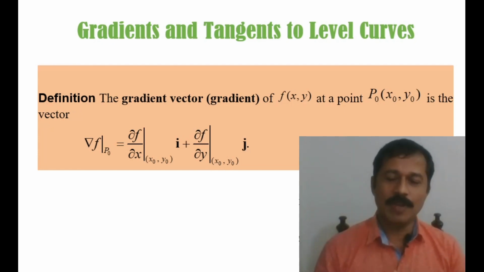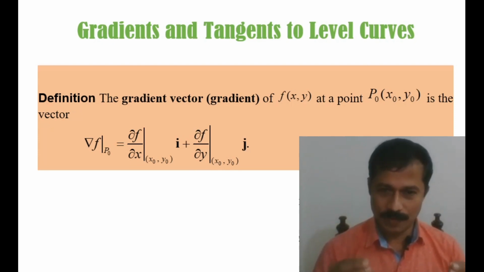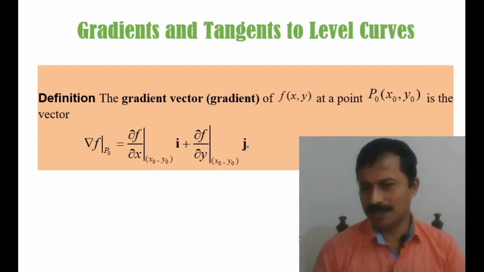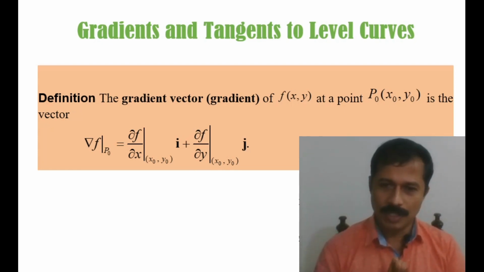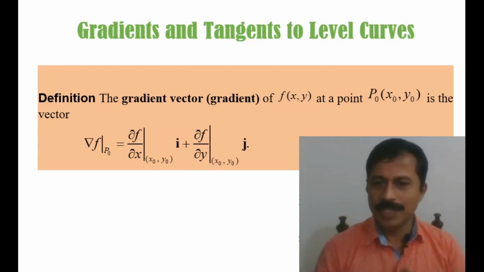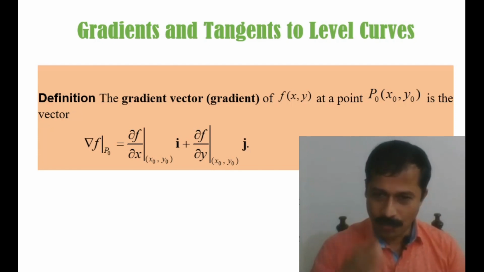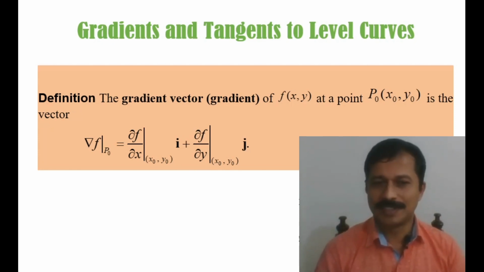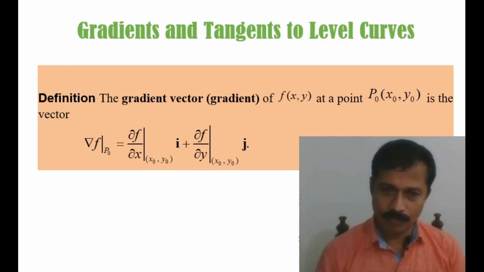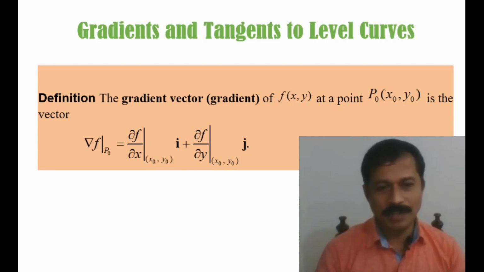If f of x, y is a scalar valued function, then at a point p0 with the coordinates x0, y0, at which f is defined, the gradient vector, or simply the gradient of the scalar valued function f of x, y, is the vector defined and denoted